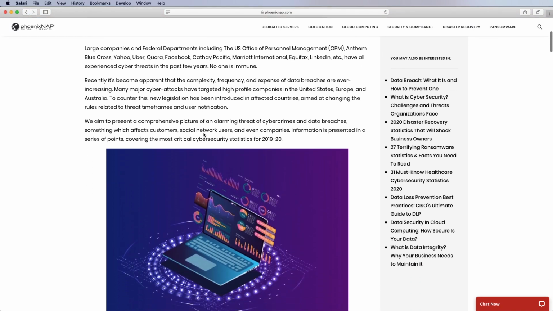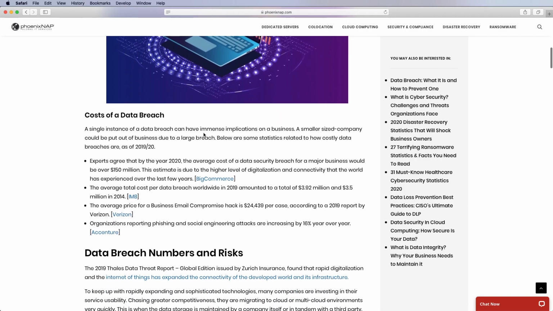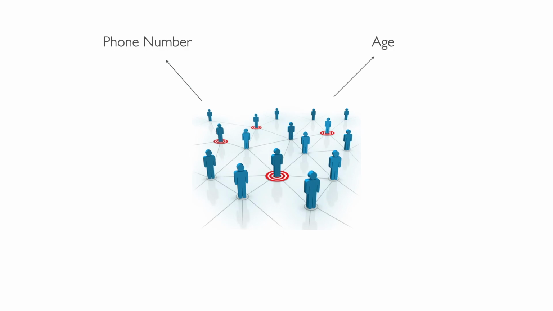Cybersecurity and privacy breaches are a growing concern across the world today. The average cost of a breach as of 2020 was roughly $3.92 million, and for a large business would be well over $150 million. There is data inherently hidden in each one of us, and everything about you, whether it be your phone number, your age, your height, your email address, or your favorite food, is data that other organizations want to know and mine so that they can sell things back to you.